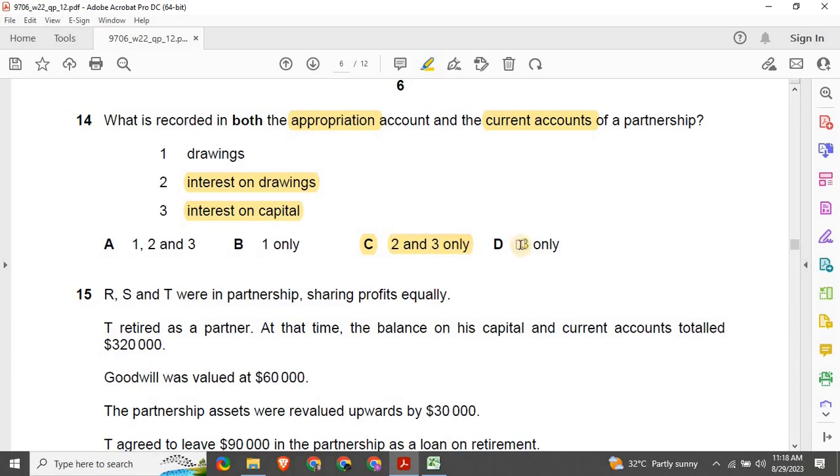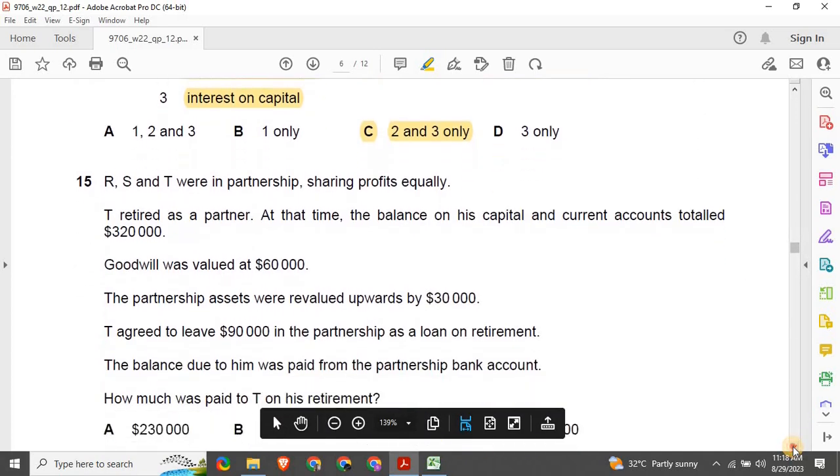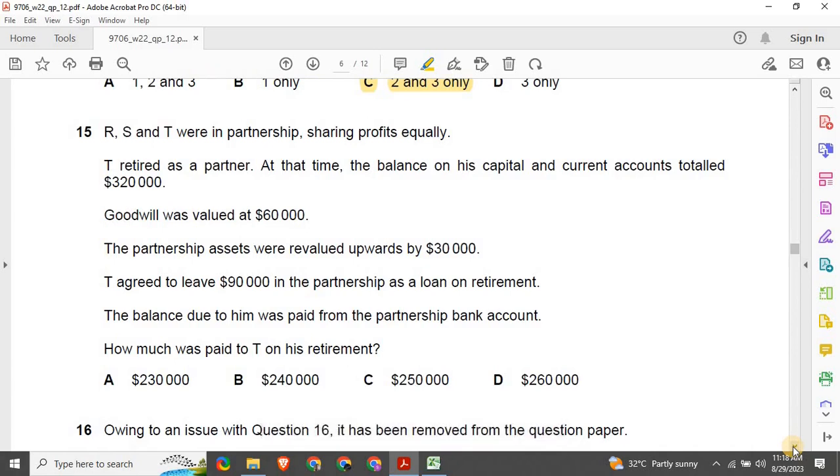Let's move on to the next question. Question number 15. R, S and T were in partnership, sharing profit equally. So they are sharing profit equally for now. T retired as a partner. At this time, the balance on his account, his capital and current account, totaled to